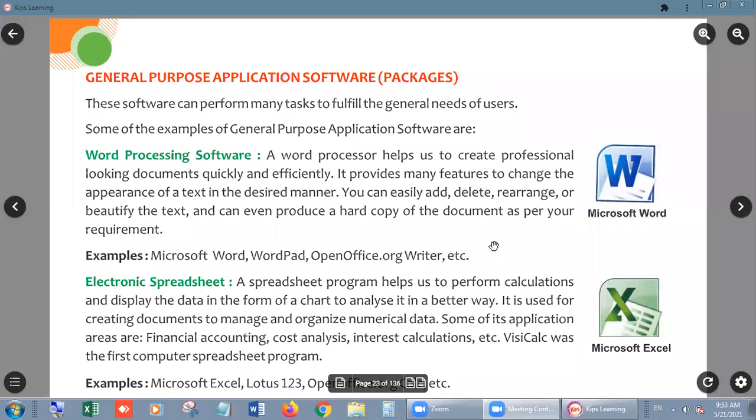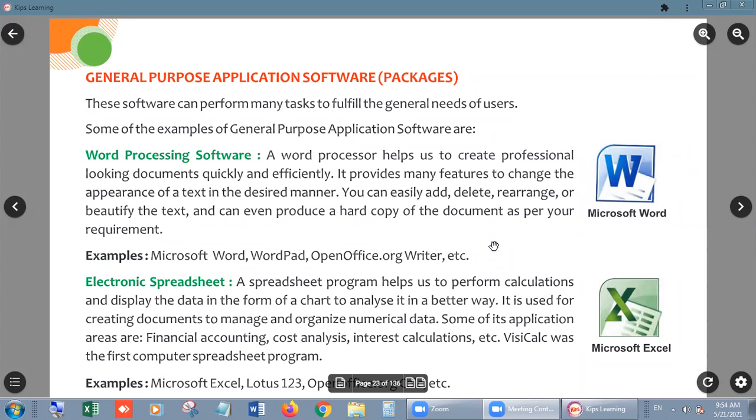What is the main advantage of these kinds of software? What are the advantages? Number one, we can easily add. If you want to add some lines or any words in the program, you can add. Delete, you can delete also. If you find that you typed something wrongly, then you can delete or change.